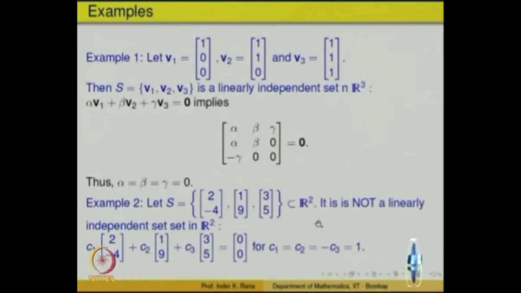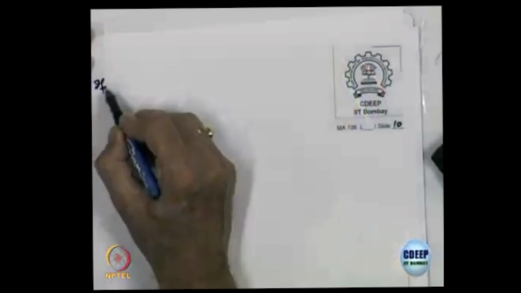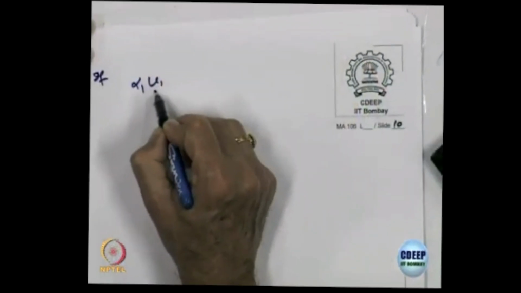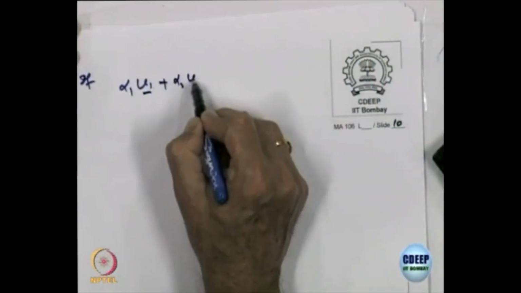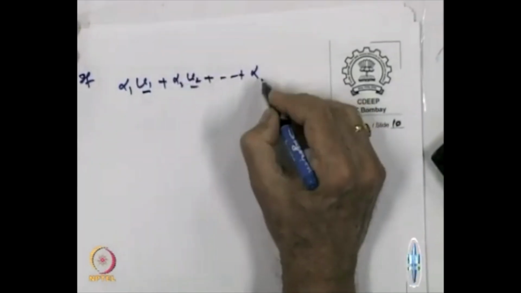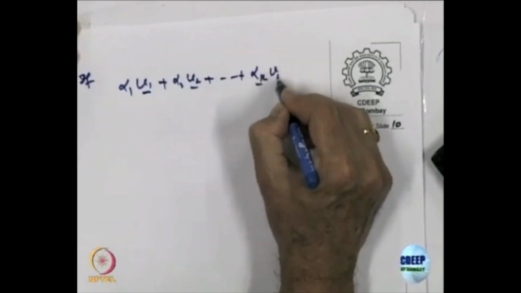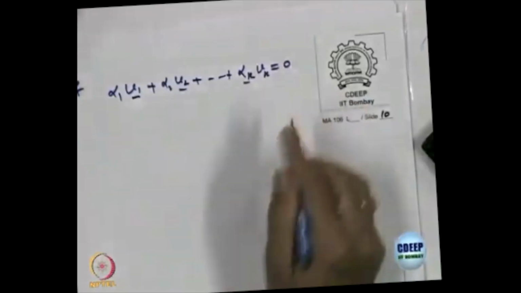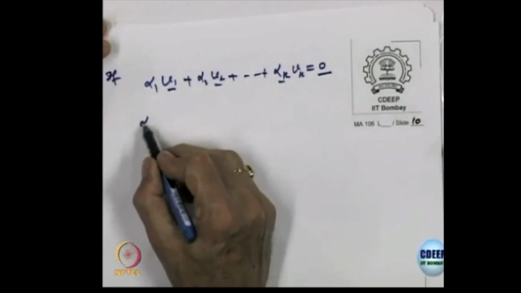Can you see the reason why it should be? Let us just write and see why that should be true. If alpha 1 V1 plus alpha 2 V2 plus alpha k Vk is equal to 0, right, that means alpha 1 of